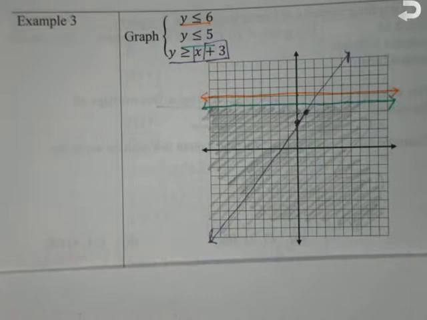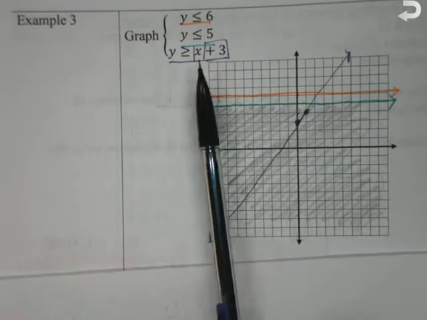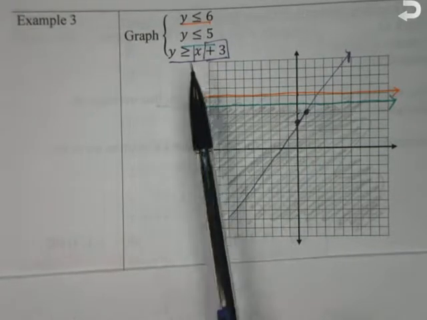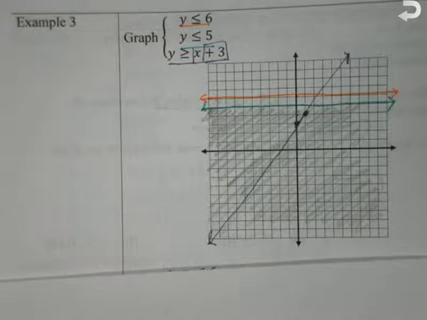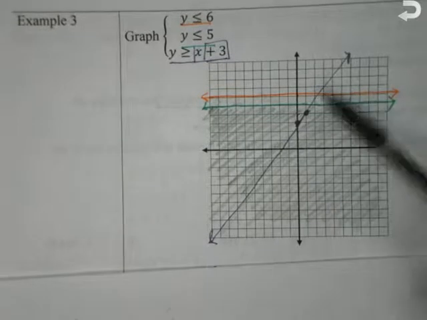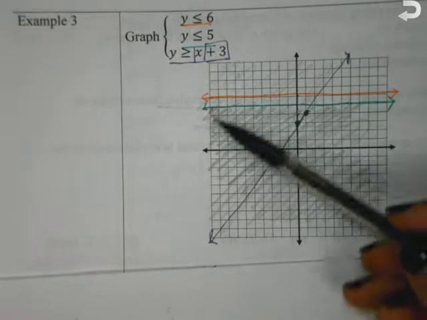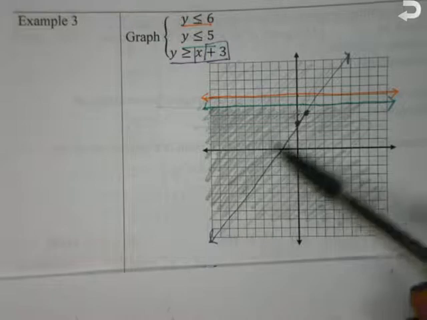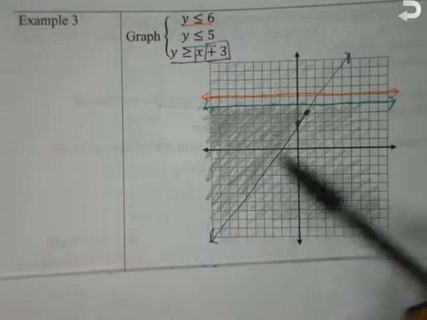And this one is y greater than or equal to x plus 3. So is that above or below? Above. Good job. So lightly shade above, but I am only seeing one place where all 3 overlap, and that is this spot right here. So my answer